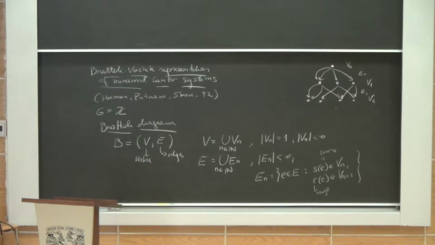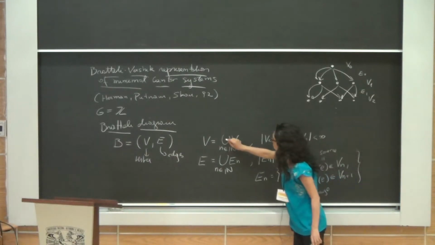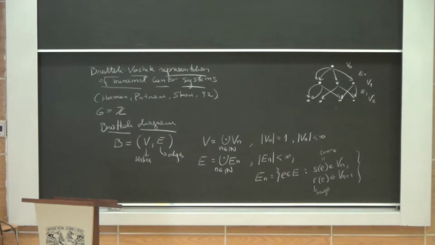The Vn are disjoint. Yes, everything is disjoint. Thank you. And every time you have a sequence of matrices like this, you can construct a Bratteli diagram. And we will consider Bratteli diagrams which are simple. I'm maybe using the same terminology as in the previous talk. We are going to say that the Bratteli diagram is simple